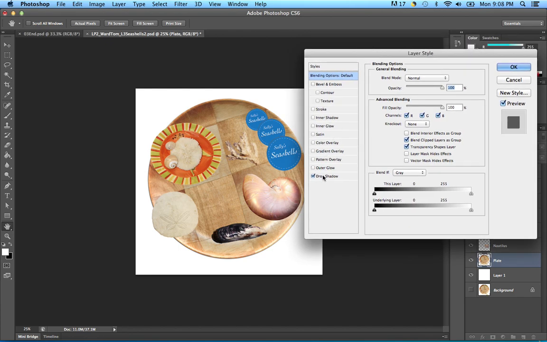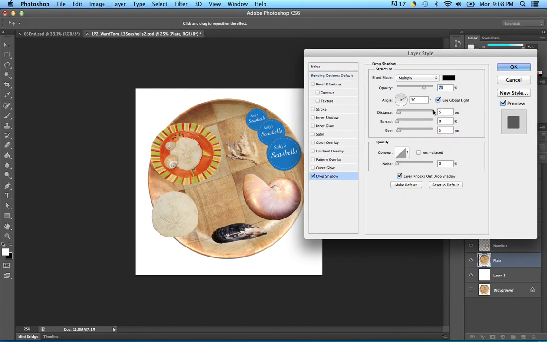And what I'm going to do is double click on drop shadow, and then I can check my distance. Put a little distance, see how drop shadows get a little more. I can put a little spread on it, which kind of softens the edges. A little size there, a little bit, kind of softens edges even more. A little shadow. And then opacity, let's bring that down a little bit. I always like it a little less there. So we got a little drop shadow for our plate,